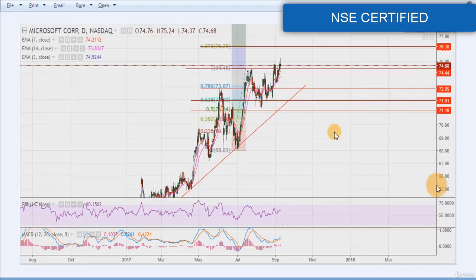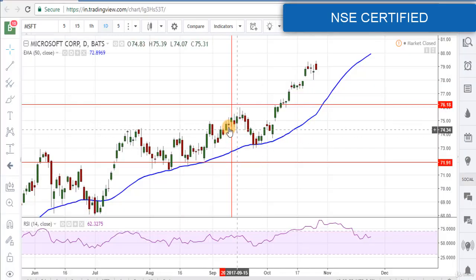In my second live analysis on 13th September, I analyzed the chart of Microsoft Corporation and it was trading at the 74.68 level. It was also gaining a negative divergence as price was rising and it was also an in-between trade. I suggested to wait for the retracement. When price comes to the extent of the trend line, this will be our buying position. This was our last chart and we were here on 13th September.